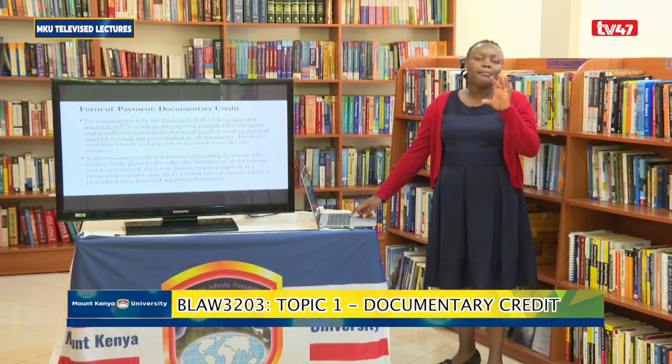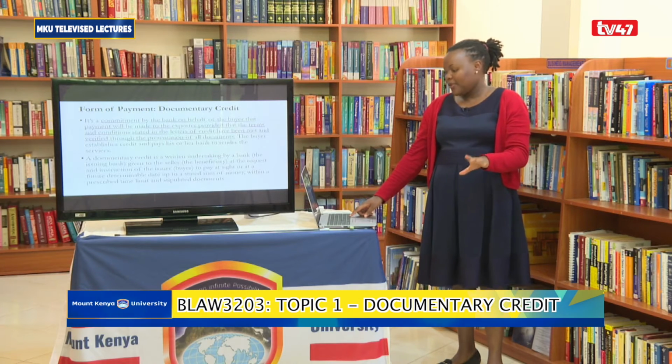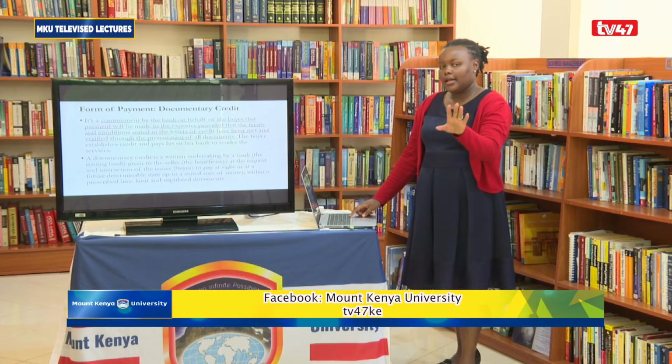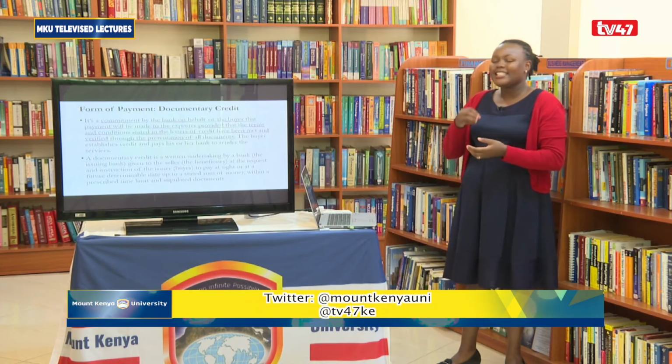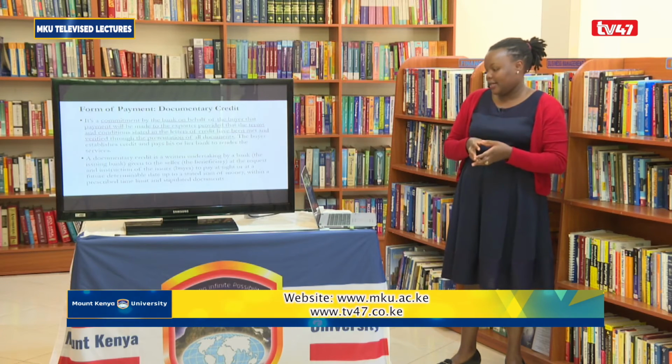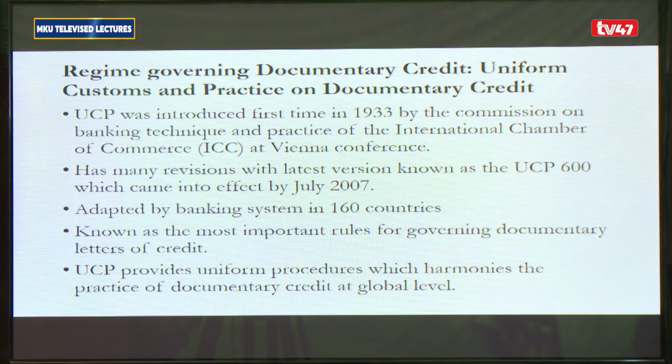Now, it is a written undertaking by a bank, and the bank in this sense, the one that is acting on behalf of the buyer is called the issuing bank, and it is given to the seller, who is the beneficiary in this sense, at the request and instruction of the issuer, who is the buyer, okay, to pay at sight or at a future determinable date up to a stated sum of money within a prescribed time limit and stipulated documents, okay? Now, this regime that governs this kind of documents is found under the Uniform Customs and Practice